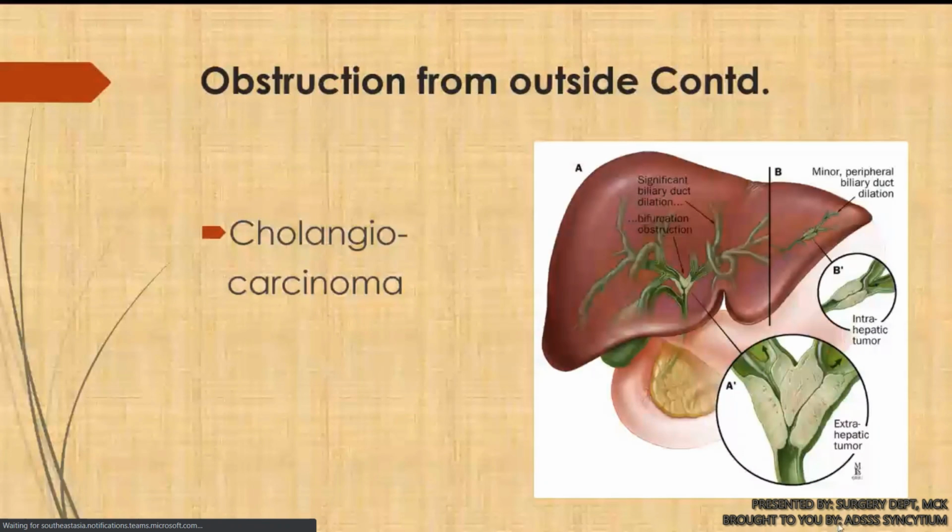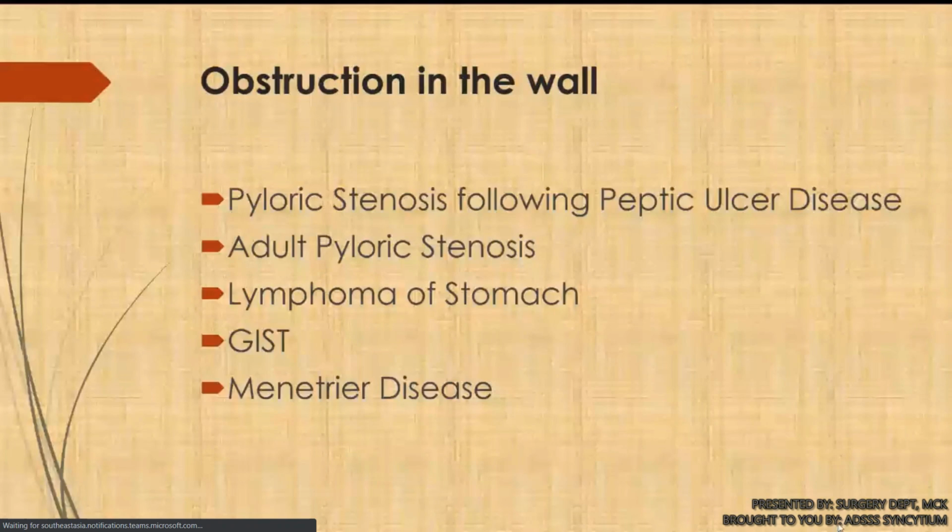Causes of gastric outlet obstruction when the obstruction is in the wall. Pyloric stenosis following peptic ulcer disease is one of the common causes in adults. Acute pyloric stenosis, I told you, if there is a similar pathology in the